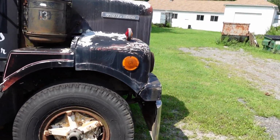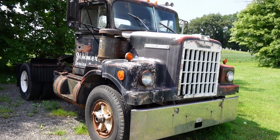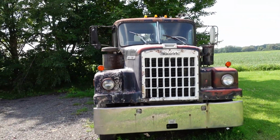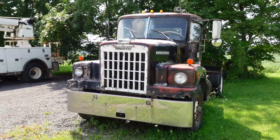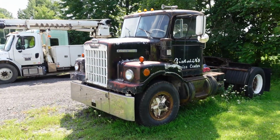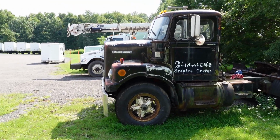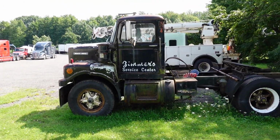Very cool though. What a history. If that truck could talk. White Trucks was out of Cleveland, Ohio, so technically this is kind of a local truck. Cleveland's only an hour to our west. Maybe an hour and 20 minutes from here. I'm in PA now, but